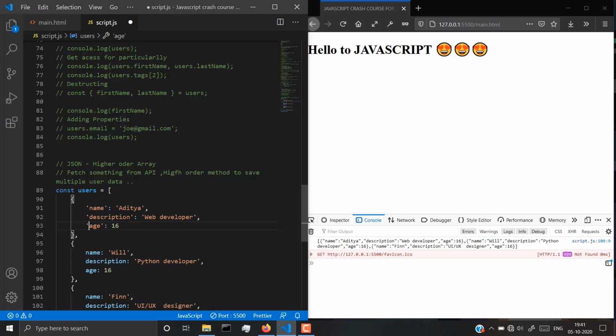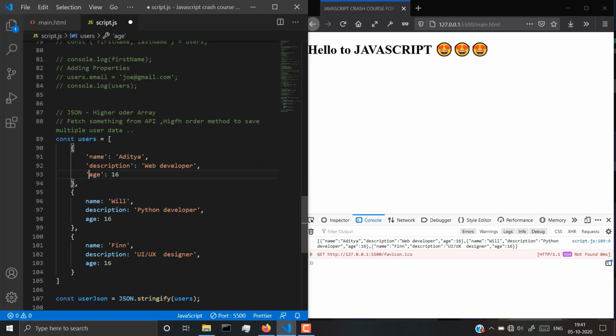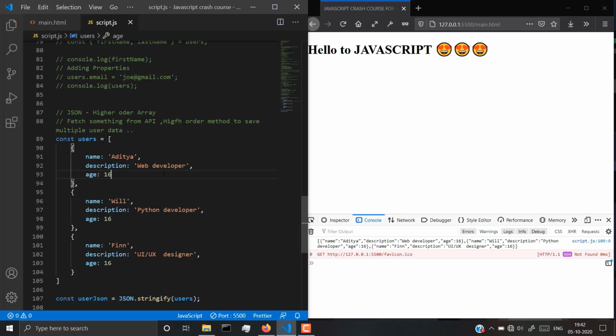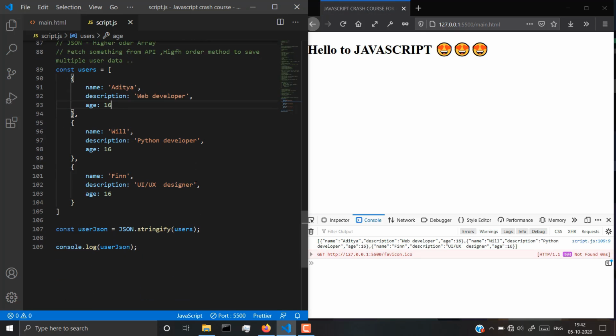So now this is changing into JSON. If you do the same thing, it will automatically change from the object to JSON. So this is a way of getting a JSON file, and this is all you need to understand about JSON. Okay guys,